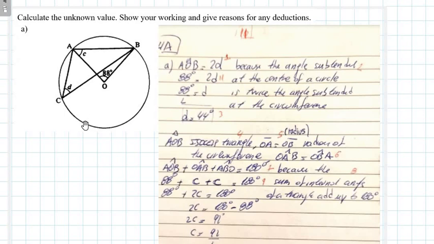Okay, for the ones that have to do with the makeup, I recommend you watch this video, because the makeup exercise of circle theorem will be very similar to this one. So the first exercise, sorry, number 4, says: calculate the unknown value, show your working, and give reasons for any deduction. Okay, here you have a triangle